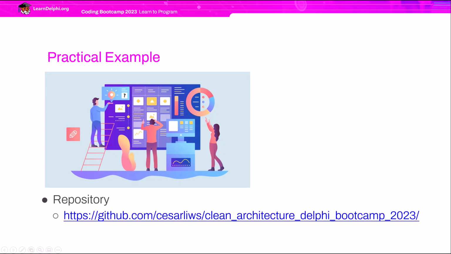Now, let's see the code. To help understanding the presented concepts, I've created a project aimed at showcasing the organization of files based on clean architecture principles. This project demonstrates the use of dependency injection to decouple external dependencies and includes unit testing utilizing mocks to simulate these external dependencies. The project will be available for download in my personal repository.